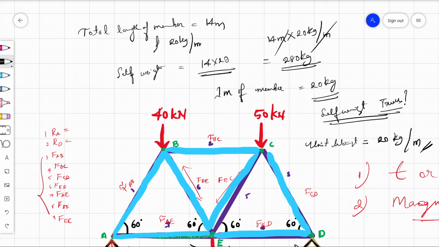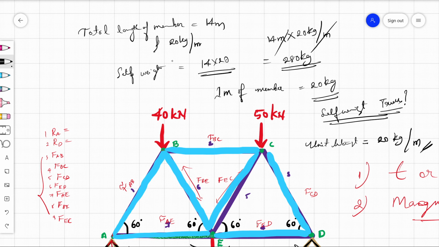So that's all about the numerical. Just make sure that you understand the numericals to calculate the reactions of cantilever beam as well as simply supported beam. Once it is done, make sure that you know how to calculate the concurrent force equilibrium conditions, where the summation of all vertical forces is equal to 0 and the summation of all horizontal forces is equal to 0. Just do that, and you will understand most of the concept.